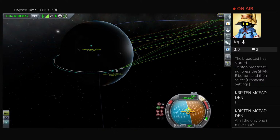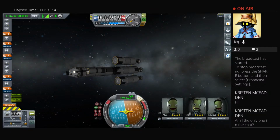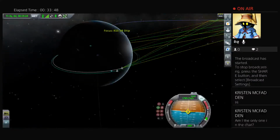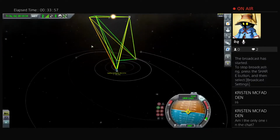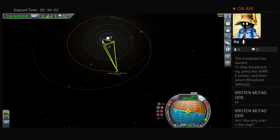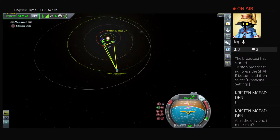Let's rotate, make sure that our solar panels are lined up to where they need to be. And let's get that periapsis out to 100,000. There we go, close enough. And now we can set up our return window. Let's find out where Kerbin is, set it as our target. How much time warping can we do in this? Okay, not too much. Let's go to the tracking station